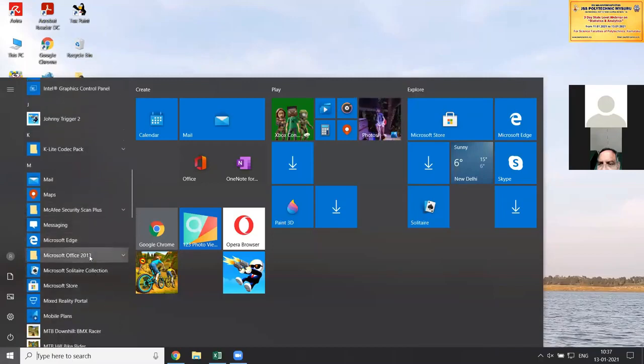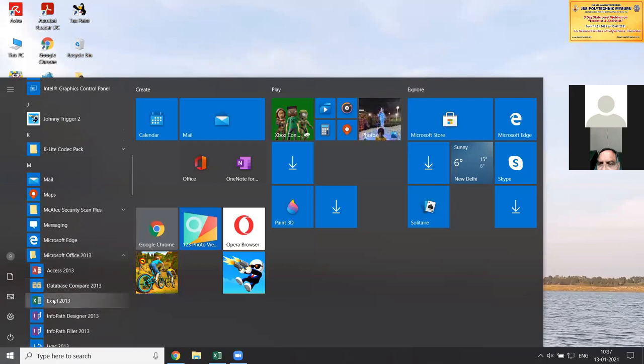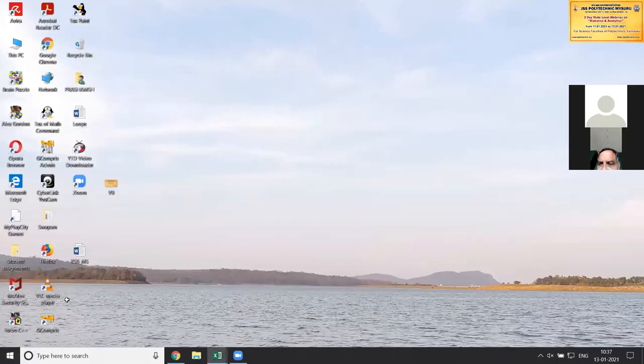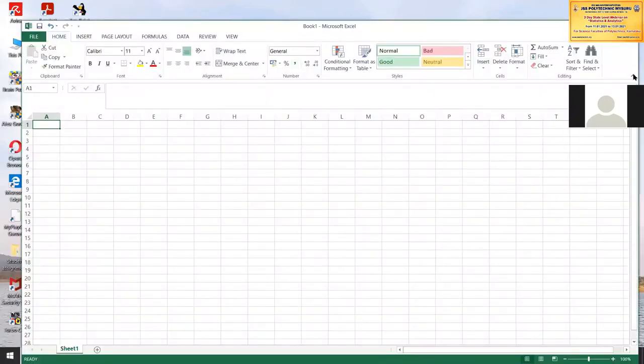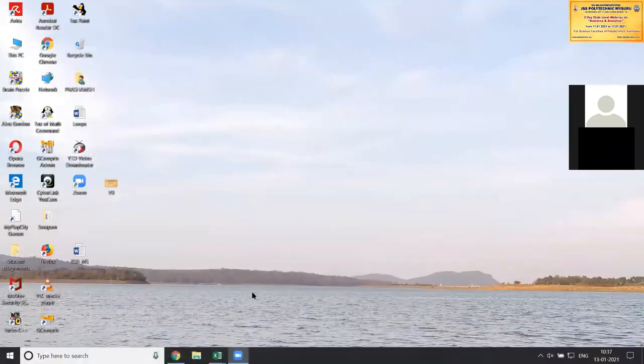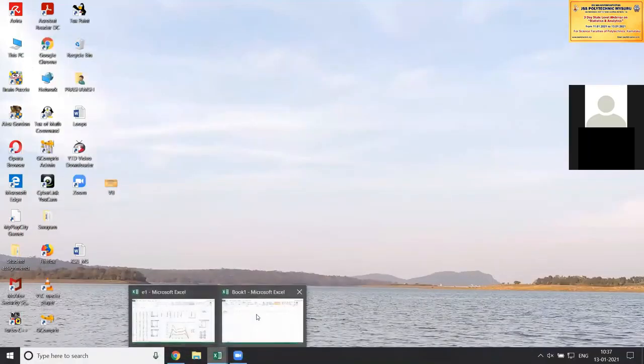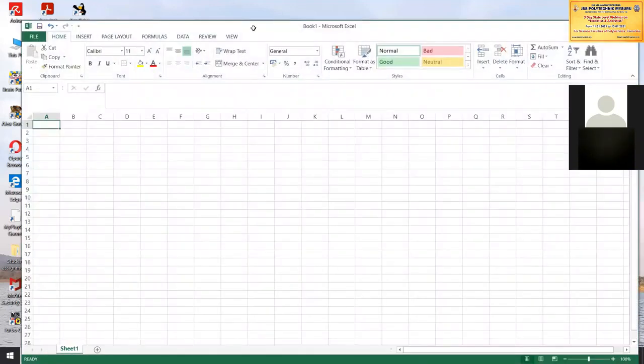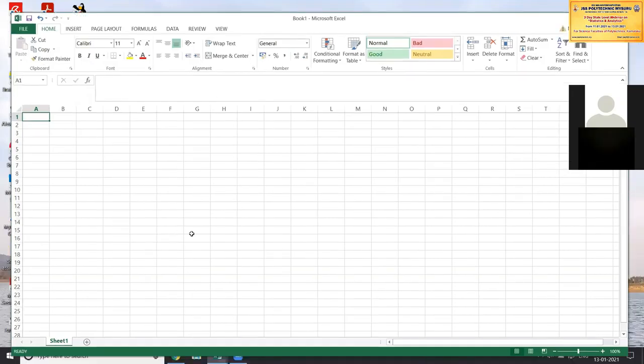Under Microsoft Office 2013, you have to select Microsoft Excel 2013. So this is the Excel sheet, the spreadsheet on which we are going to perform the programs.